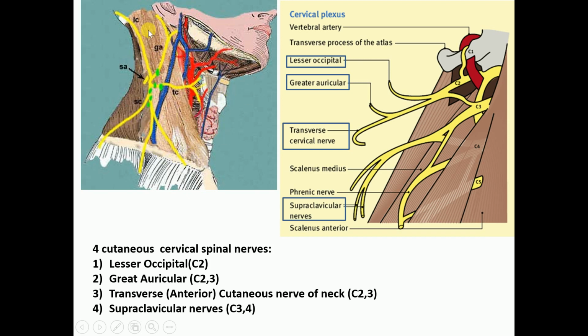This diagram shows the one important muscle of this region, that is the sternocleidomastoid muscle. It divides the region of the neck into two compartments, anterior triangle and posterior triangle. So in the side of the neck, today we discuss the posterior triangle and these important muscles.